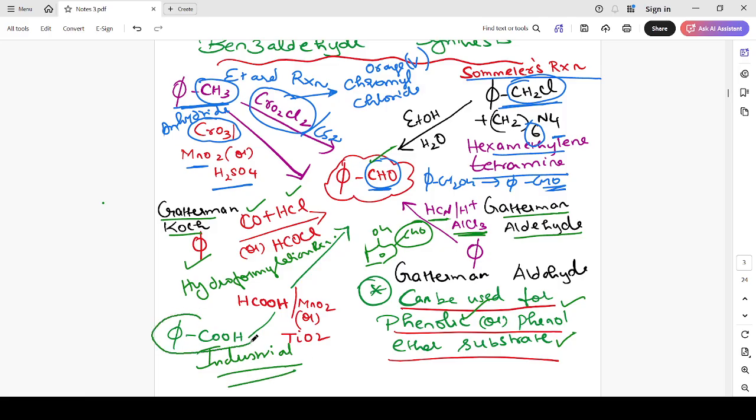We take benzoic acid in the presence of manganese dioxide in acidic medium or titanium dioxide. NCERT has provided manganese dioxide, so we stick with manganese dioxide here. Benzoic acid in vapor form, very important. The vapor form of benzoic acid, when it is passed over